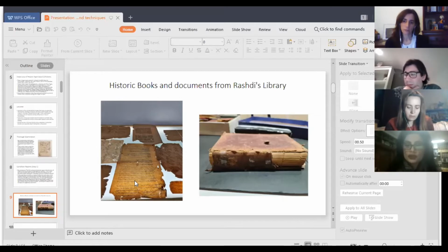So we will be trying to consolidate and accumulate the different kinds of watermarks. Through that, we can trace down the history of the document wherever the date is not written. So we were able to find out that the paper that was used in the Islamic countries goes through a process of sizing which is done in wheat starch. And the insects feed on wheat. So there was more insect attack, which is particularly visible in Islamic documents as compared to other documents. So this is just one of the findings that we found during the conservation process.